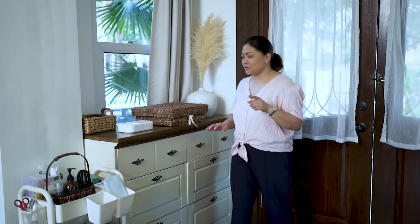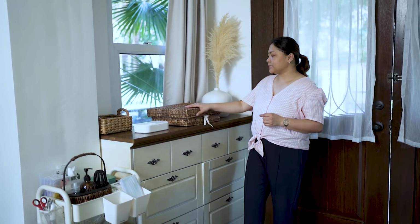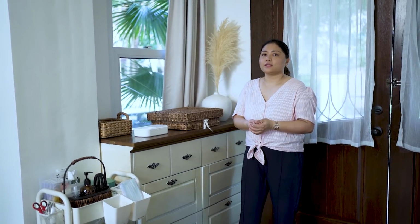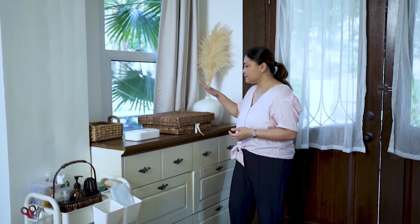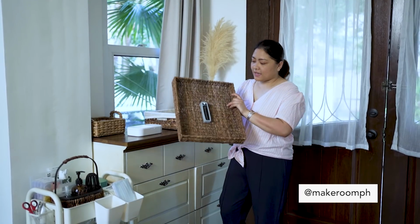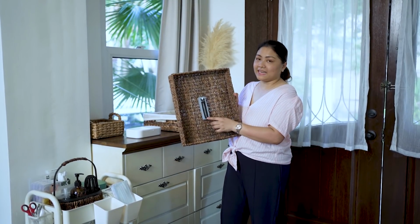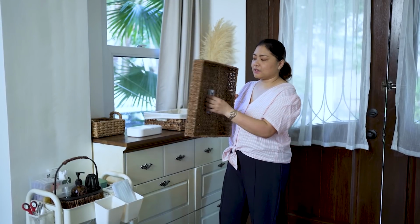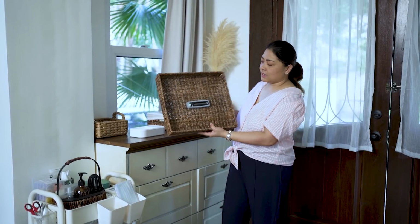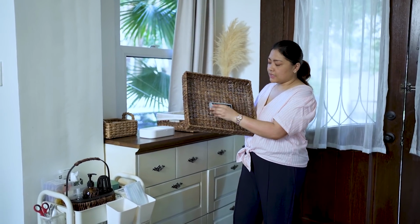Okay, so before I share with you what's inside this drawer, I wanted to quickly show you what I did here. Kasi before, wala naman to lahat. But since we wanted to ensure the safety of our family, I added this rattan basket. And inside, I actually attach this portable UV light. So, ang galing lang niya kasi actually zip tie lang yun. Ginupit ko lang yung case niya and then nilagay ko siya dito